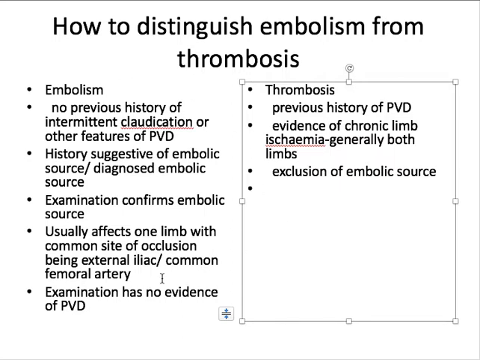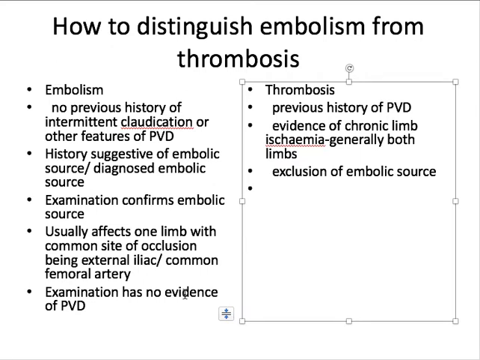So, if I repeat, the person has no history of previous chronic ischemia in the leg, has a source history or diagnosed embolic source, and one limb getting affected with the pulses from femoral down being absent, very likely to be embolism. And also your examination will show no evidence of PVD like hair loss or features of